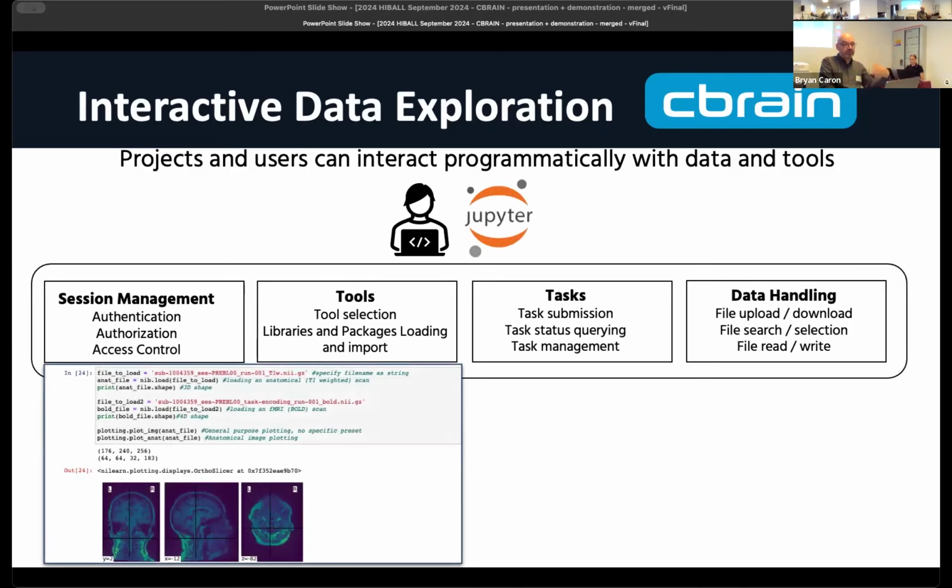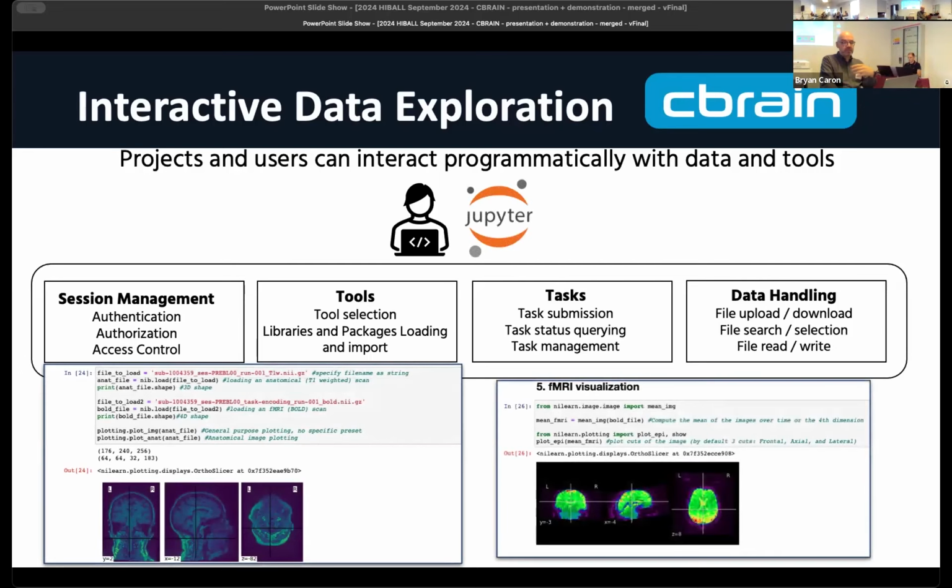They were pulling the data in, visualizing it directly within the notebook, and they could even push things back into CBRAIN. And like I said, we have some examples already on our GitHub that show how to create a session, work with the data, select tools and so on. Those are all described on our GitHub pages.